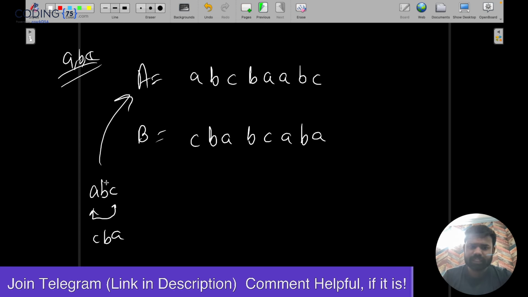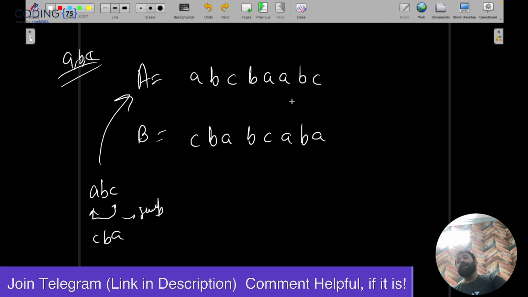So you cannot change b, you can never change b, but you can swap a and c, but the condition is that between a and c there should be a b present. If there is a b present, for example, we can swap these both a and c because there is a b present. We can swap this also, not this actually. Why not this? Because first there should be a, then there should be c, right? We cannot swap this. We can swap this a and c with the middle b, right?